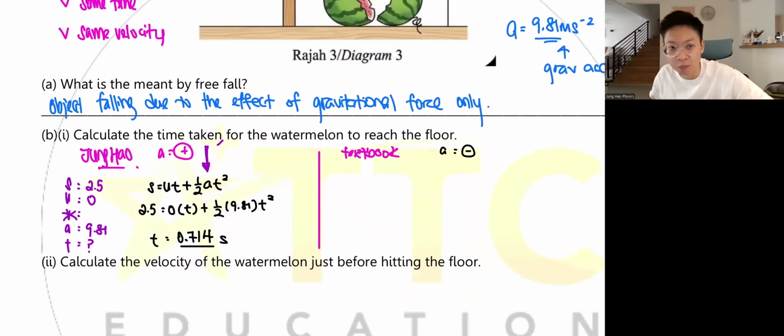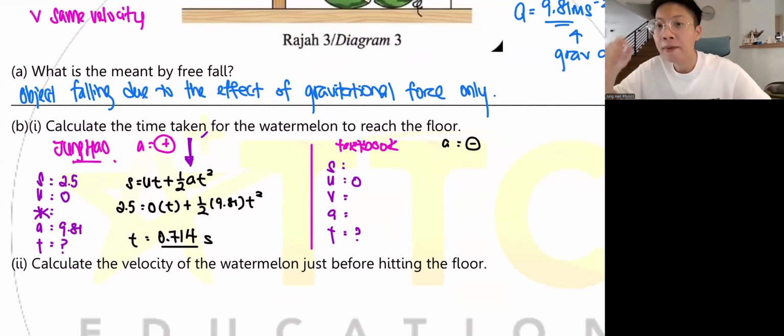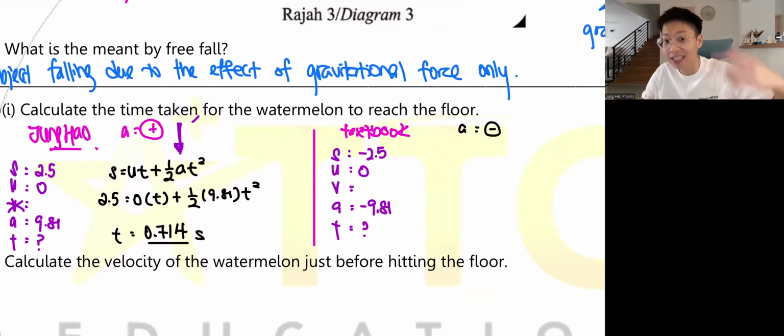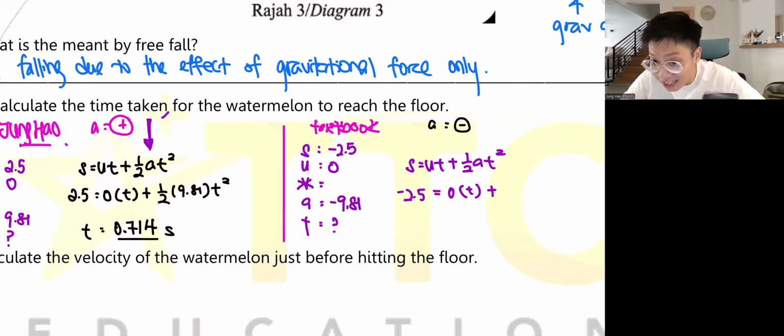Now you look at the textbook style. Because Jing En says the textbook is very confusing. Do you know why the textbook is very confusing? Because the textbook chose this method. So you have to find the time taken. The initial velocity is 0, but because the object drops down, you're going to put negative 2.5, negative 9.81, because it goes down, down, down. So now you have no V. So you're going to do S equals UT plus half AT squared. I think, Hafiz, as long as your answer is correct, he doesn't mind. I feel as long as your answer comes out correct.